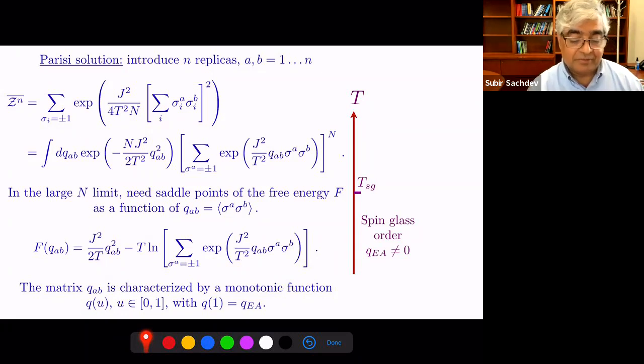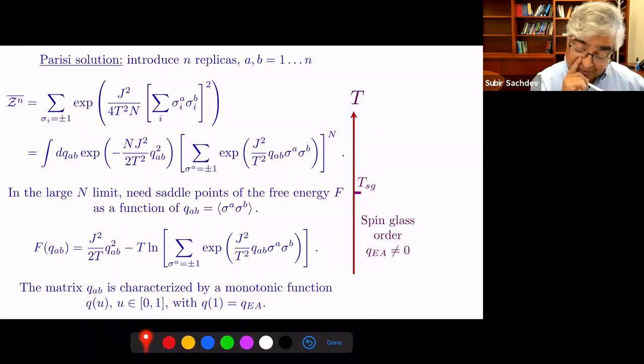So the task for us to fully characterize the spin glass state is just to find this function Q(u), which describes the saddle point of this very simple looking function. And that will tell you all the thermodynamic properties you need to know about the spin glass state for this model. Okay, now that's not an easy task, and Parisi first solved it, and now we have rigorous mathematical proofs that his solution is correct. But it involves some non-rigorous steps, at least initially, where you take first little n to infinity, and then you send it back to 0 when you analytically continue.